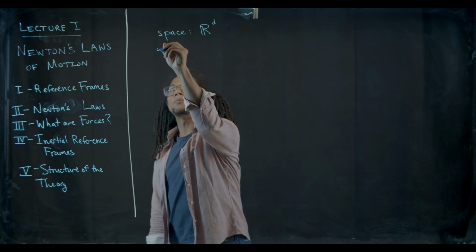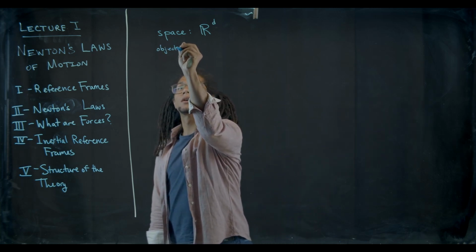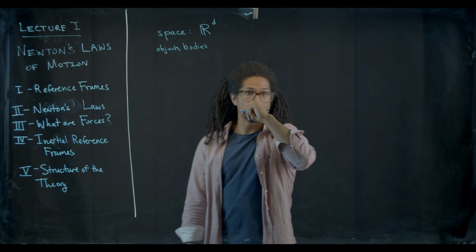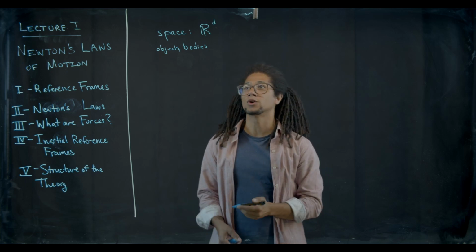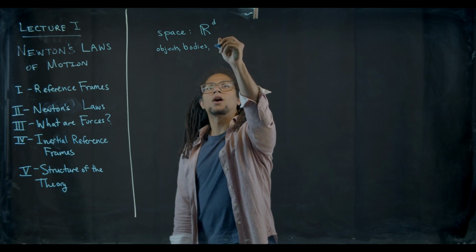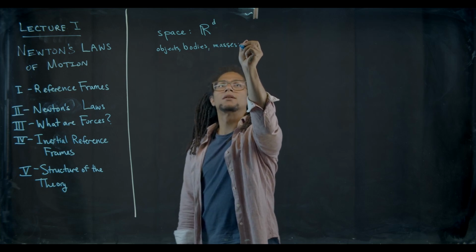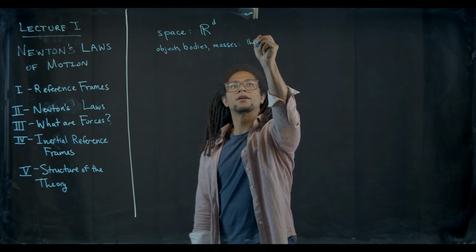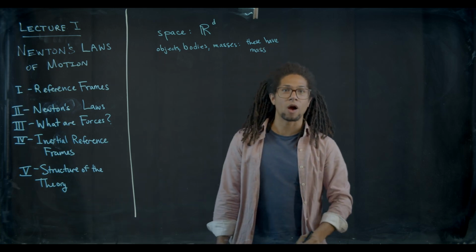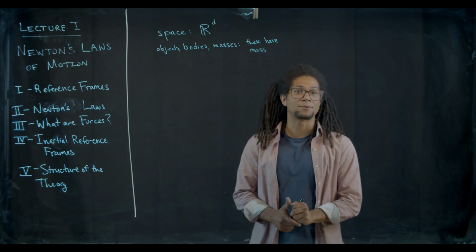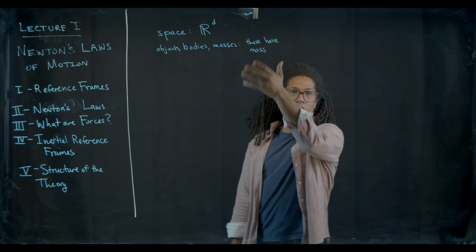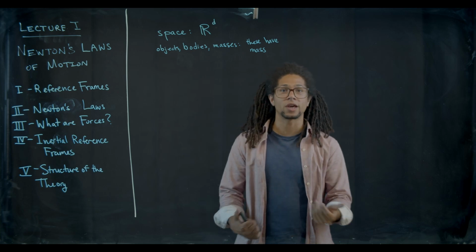And then, as I said, we have objects. We can also use the term bodies. This was the term that Newton used. The Latin word corpus is what you find very often in the Principia. Or masses. And these have mass and sometimes other properties, like charge, or perhaps they are the source for a force. But in any case, with just these two entities, it turns out that we can explain quite a lot of